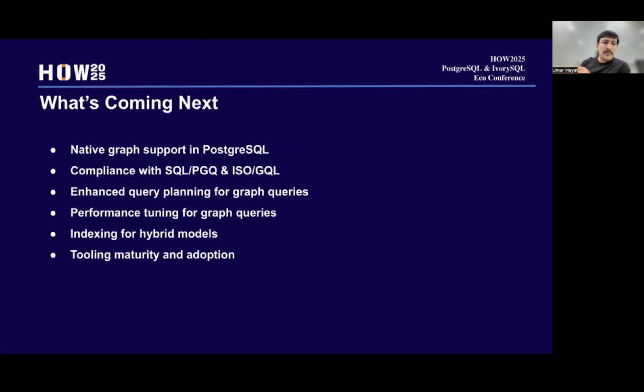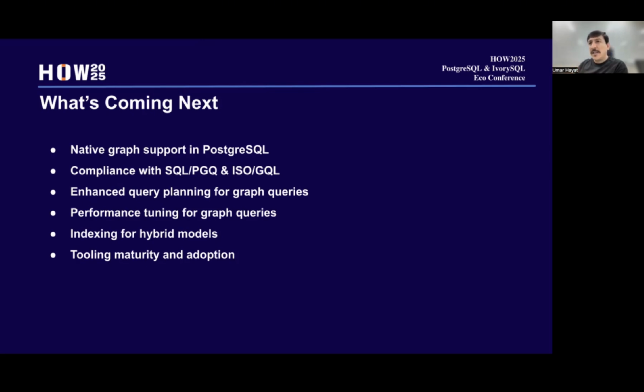So what's next on this graph support in PostgreSQL? Of course, the graph development is already SQL/PGQ, which is the native graph implementation in PostgreSQL. There are already patches submitted by Peter Eisentraut and Ashutosh, I guess, both of whom are working in the Postgres community.